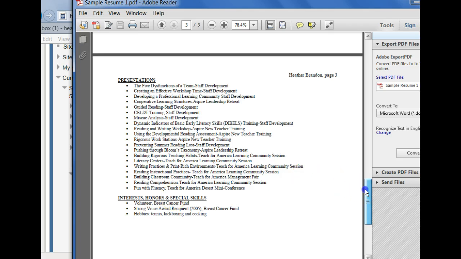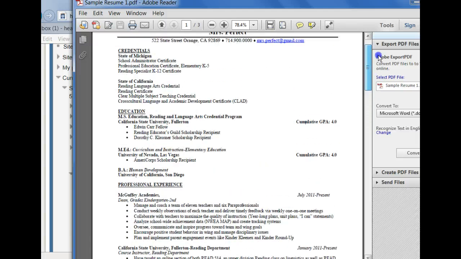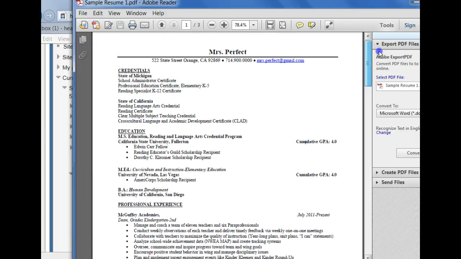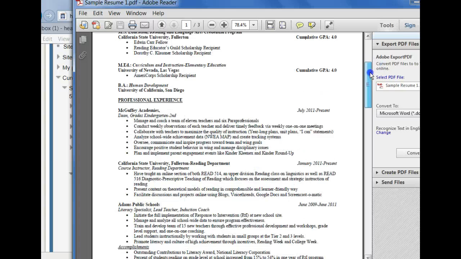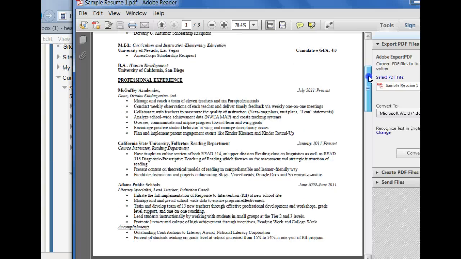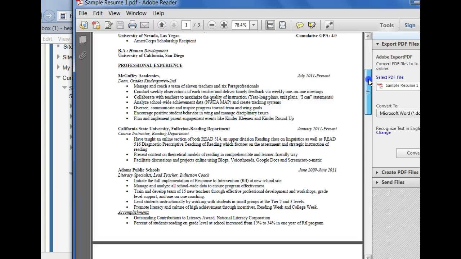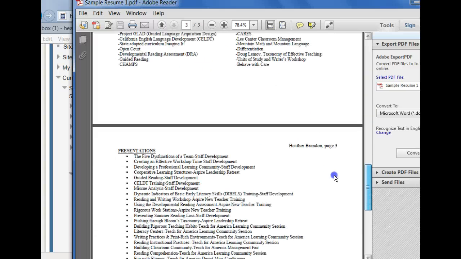It's very important though that you do your homework on what this position is that you are applying for and you cater your resume to that. So in this instance, this was for my assistant principal dean position. So I was really trying to highlight all of the managing, coaching, leading I'd done previously, the professional development I've led, that kind of thing. And it got me the job. So there you have it.